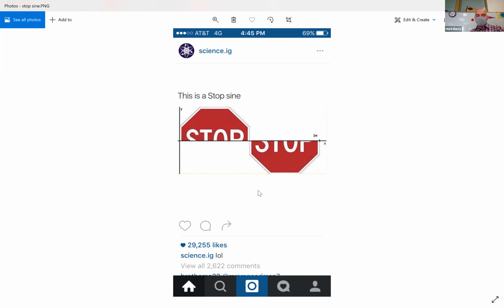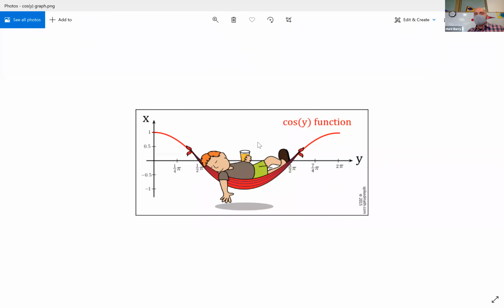And if some of you are thinking, hey, Mr. Berry, I know you got all these memes for the sine graph, but what about the cosine graph? Do you have a meme for a cosine graph? Who do you think you're talking to? Of course I have a meme for the cosine graph. Look. So this one's starting at the high point and going down and going back up. So if you did the cosine of y function on the hammock, you could call it the cozy function. Get it? The cozy function, because the hammock is cozy, all right? Awesome. All right, so